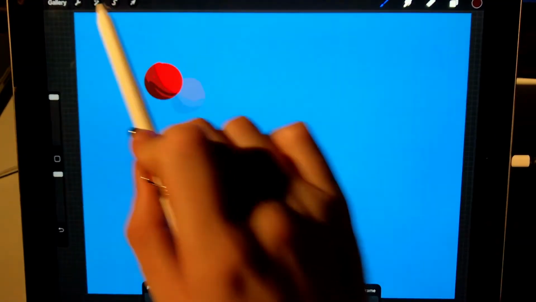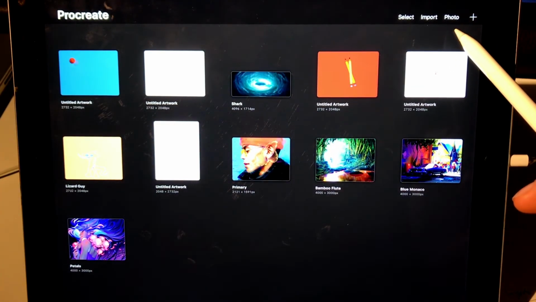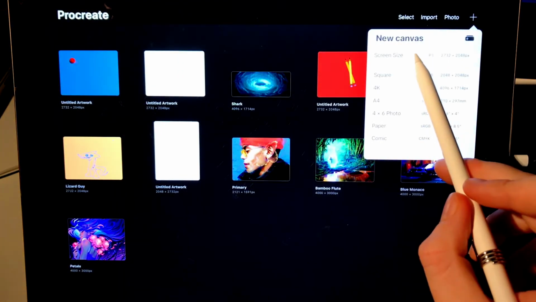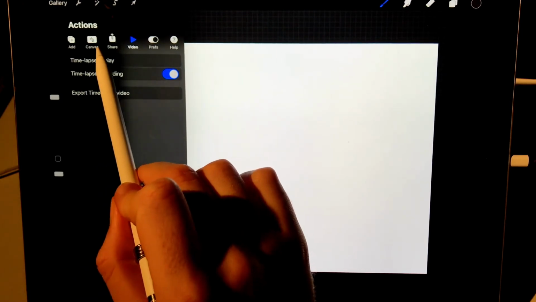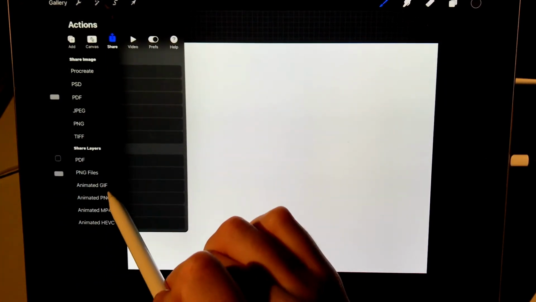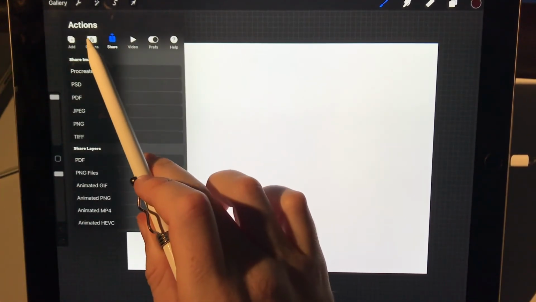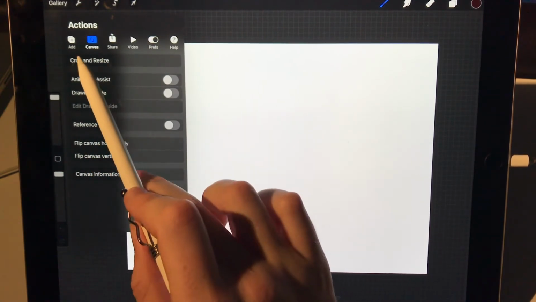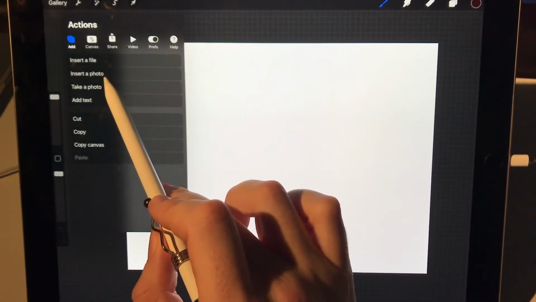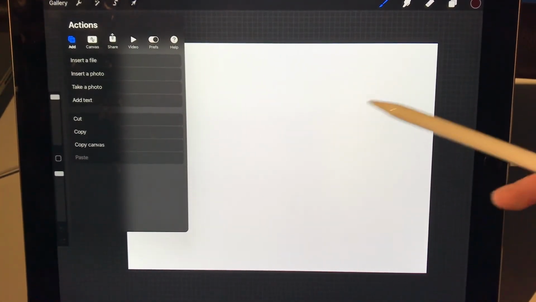When you're done, hit the gallery button. It takes you to all of your works. One cool thing you can do is once you're in a canvas, you can go up here and go to share, so you can export it as a GIF or as a PDF, JPEG, whatever you want. But if you go to canvas, you can, or no, it's add, sorry. If you go to add, you can insert a photo. And so you can insert a photo right into the app and start coloring on it, which I think is